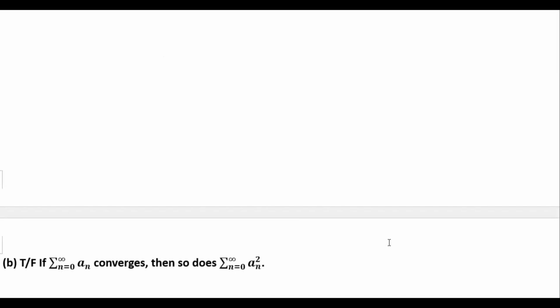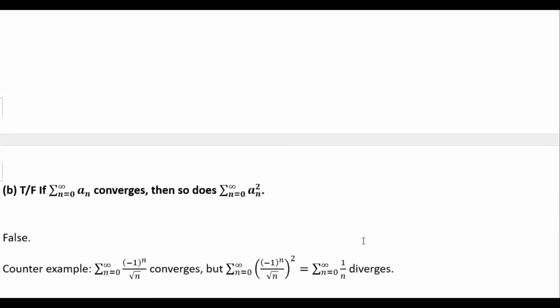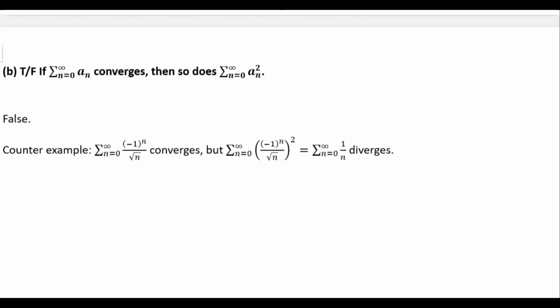What about part B? If the summation as n goes to infinity of a sub n converges, then so does a sub n squared. Probably for this one, it's easiest just to think of a counterexample. This is false. For example, we know that this guy converges by the alternating series test, but if we square the sequence, it becomes the harmonic series, which diverges. Okay? This one, again, is probably easiest to think of a counterexample, and here's one that disproves that statement. Part C,